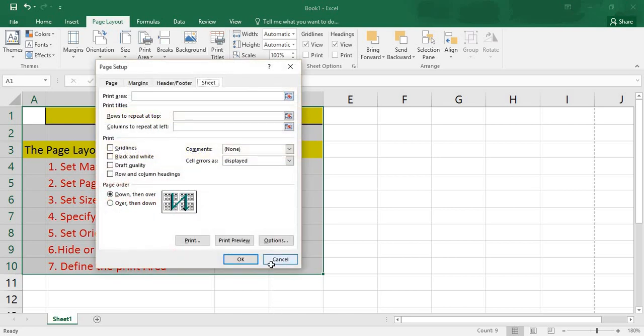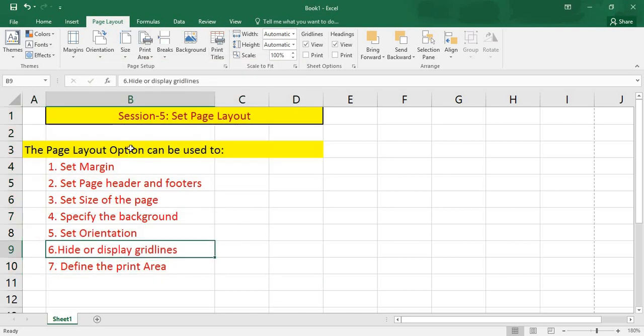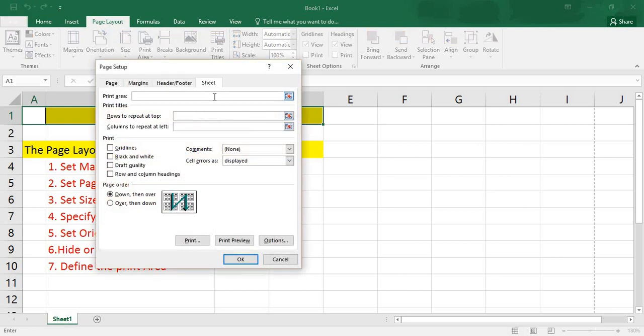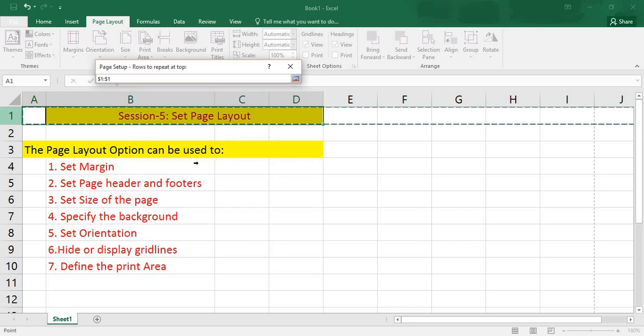If you want some text to be repeated on each page, so what you will do, you will set the print title. जैसे मैं चाहता हूँ कि ये लाइन इस सेशन 5 सेट पेज लेआउट ऑप्शन, ये जो टेक्स्ट है ये सभी पेजेस पे रिपीट है, तो हम क्या करेंगे, इसको सेट प्रिंट टाइटल कर देंगे, प्रिंट एरिया रो रिपीटेड एट द टॉप। इसको हम क्या करेंगे, सेलेक्ट करेंगे, इसको हम सेलेक्ट कर लेंगे ऐसे,